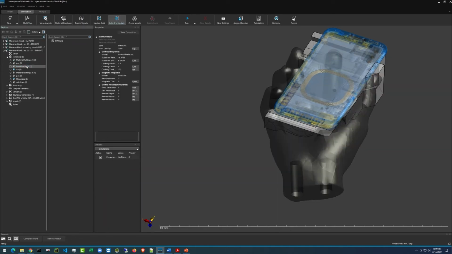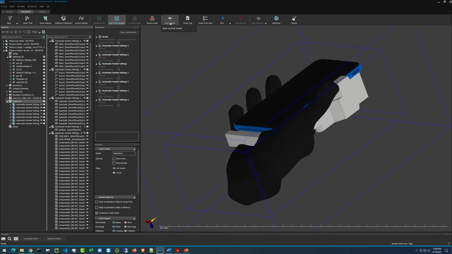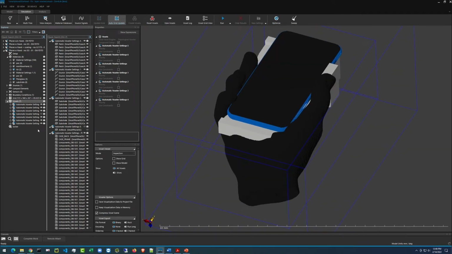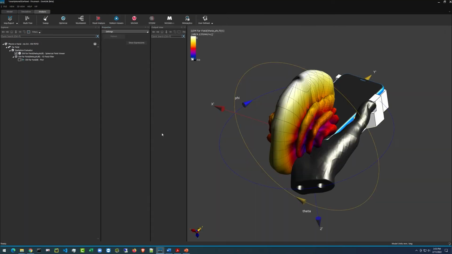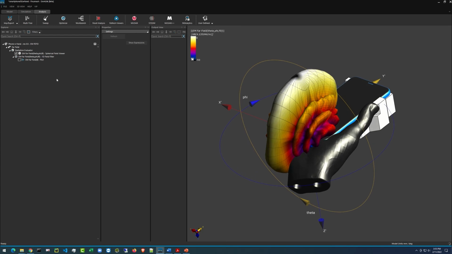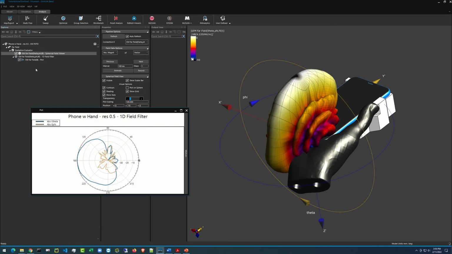Now the configuration can be voxelized using the default settings or using a mesh that had been optimized for this particular phone. For this phone, the mesher works perfectly. Now the mesher will automatically ensure the appropriate discretization of the millimeter wave phantom. After 30 minutes, the simulation results can be analyzed. Usually, this type of simulation would have taken almost a day. Here the results are available after 30 minutes running on a single GPU card.